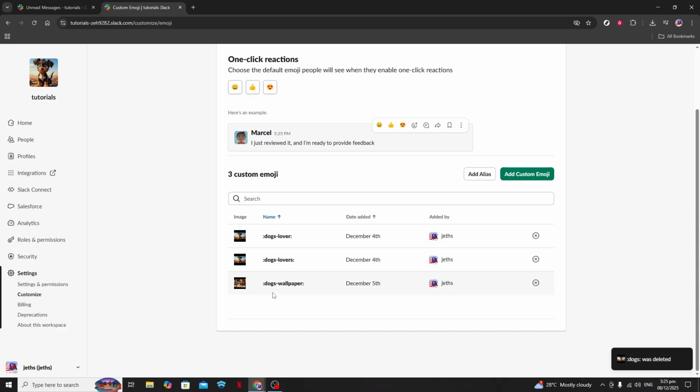It's worth mentioning that while you can delete custom emojis, the standard set of emojis that Slack provides can't be altered or removed. This is purely for custom creations that you or your team have added over time. Now that you know how to delete a custom emoji, you can go through your workspace and declutter it whenever necessary. Keeping everything fresh and relevant not only helps in organizing, but can also make the communication experience much more